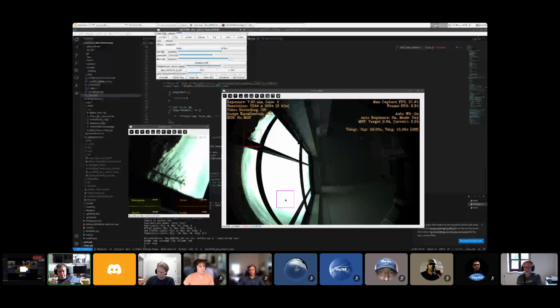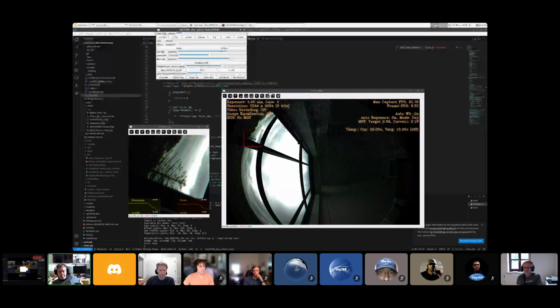And the thing with the auto exposure is that we don't want it to be a sudden change, because it messes a lot with the background subtractor. If we have a sudden change in exposure or gain, the background subtractor goes wild, because it thinks everything changed. So that's why we made the transition very slow. We can make it faster. We can adjust the speed, but that's something that we were playing with, just trying to make sure the background subtractor doesn't trigger a lot when we're changing exposure or gain.